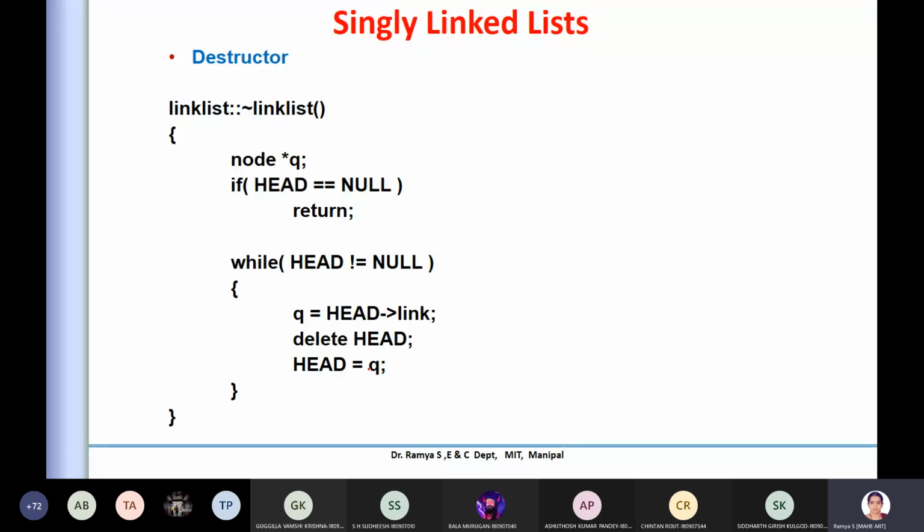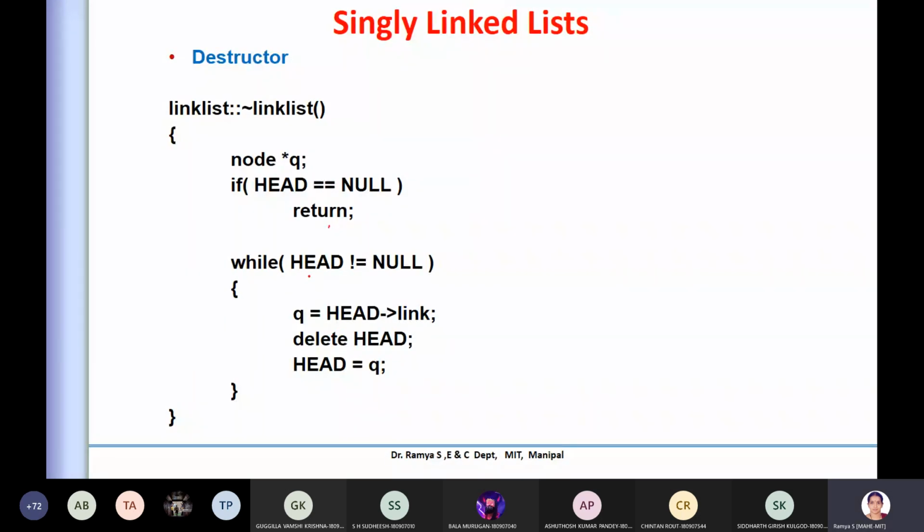Say 3 nodes are there, you have to delete everything: one by one you delete each address. If there is nothing, it is simply an empty link. But if you have a linked list of 3 or 4 elements, they are arranged in different memory allocations, so you travel to all of them and delete, basically releasing the memory in those places. So this part has to be implemented for a destructor. I hope it is clear for you.